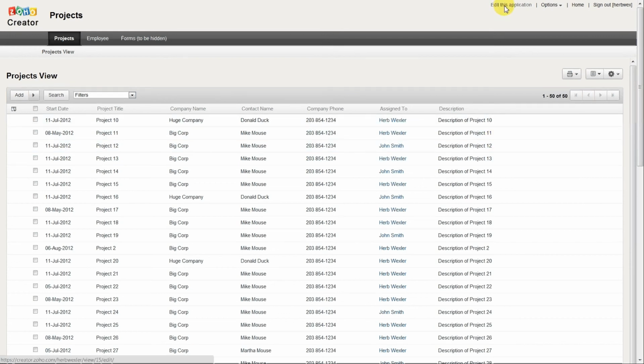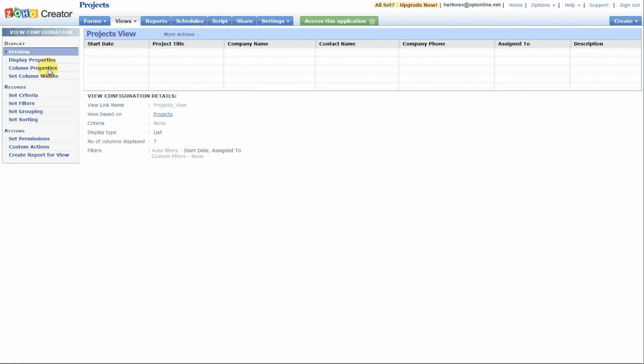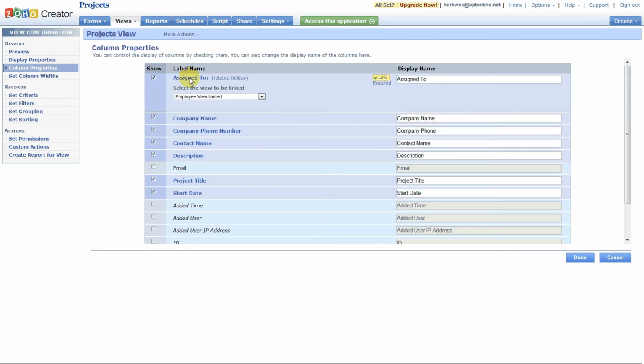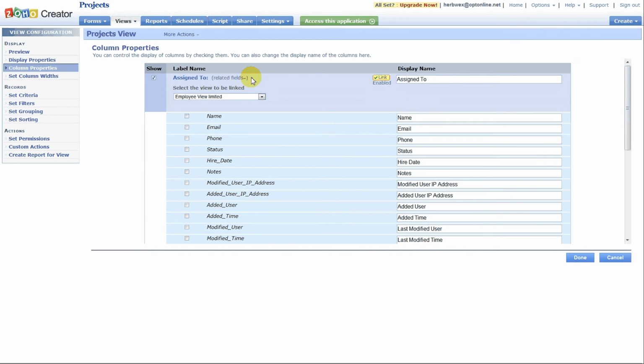All right, so let's go back into the application, column properties, and because this is a related table, I can look at my related fields. So let's say I want to do phone and email, and I do want to make sure I don't confuse the email with the company email. Okay, so I've changed the display name for those two columns. I'll click on done,